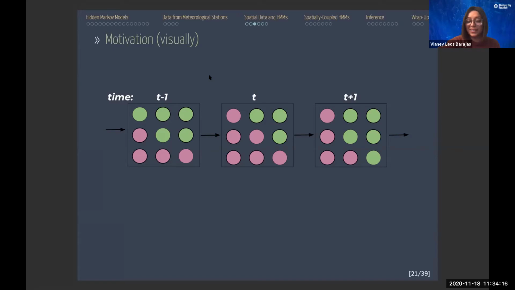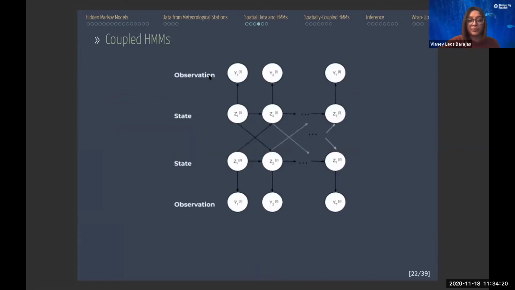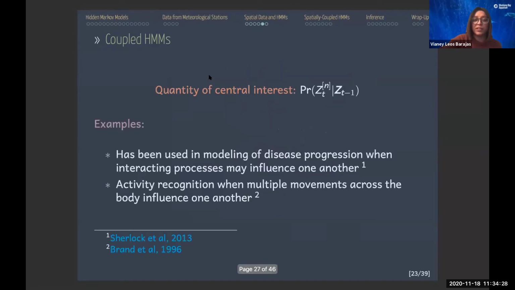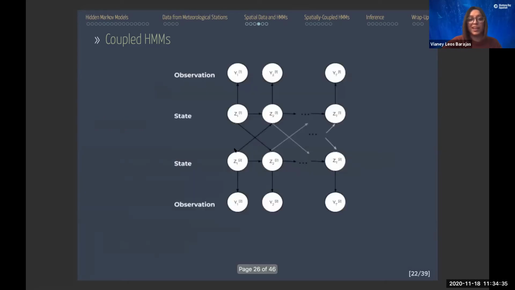So statistically, this is where I've been having a bit of fun. I'm working on applying what are called coupled hidden Markov models to spatial data. For coupled hidden Markov models, the idea is, we can look at this diagram. Suppose you have two observation processes, so you have two latent state processes as well. And there's going to be some interaction between them, right? So at time 2,